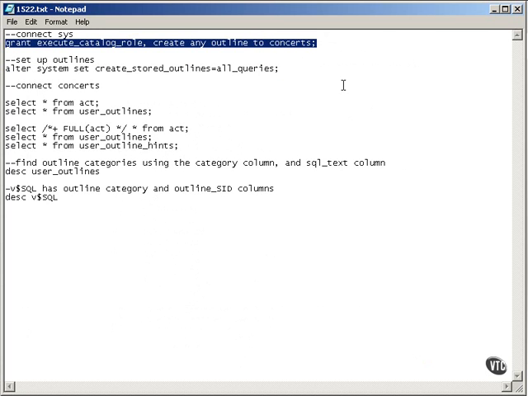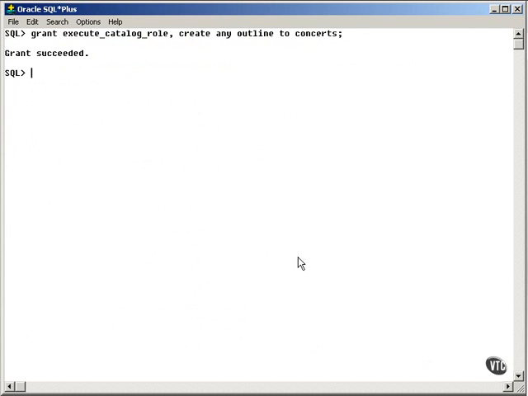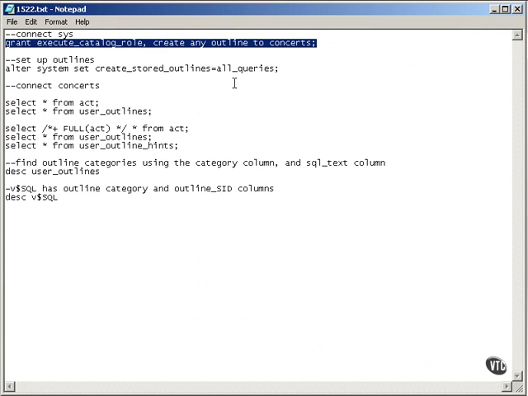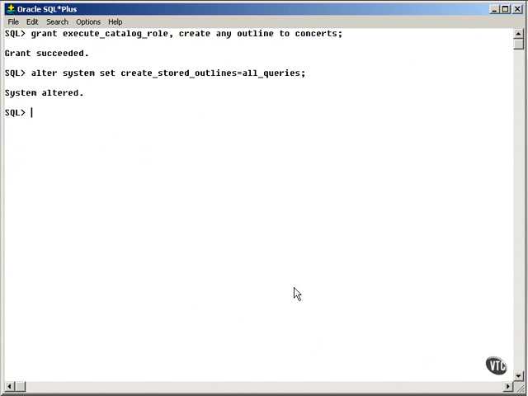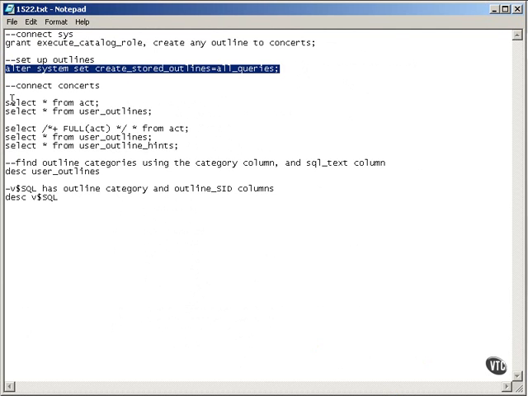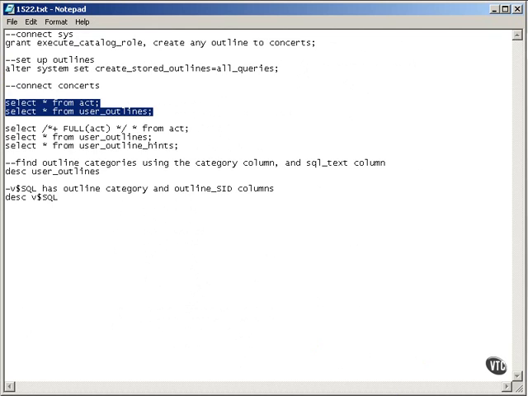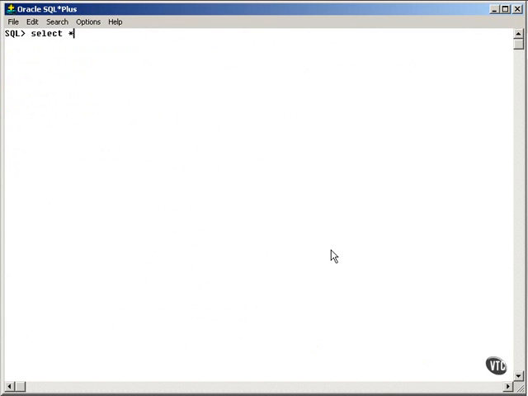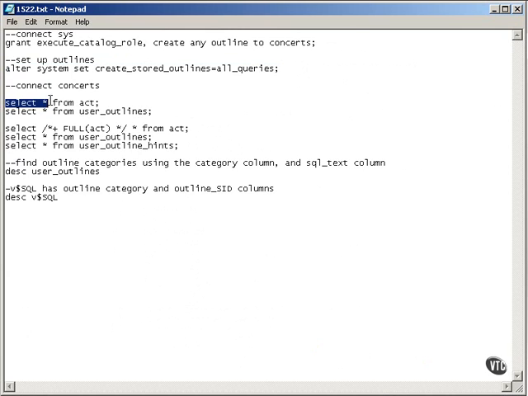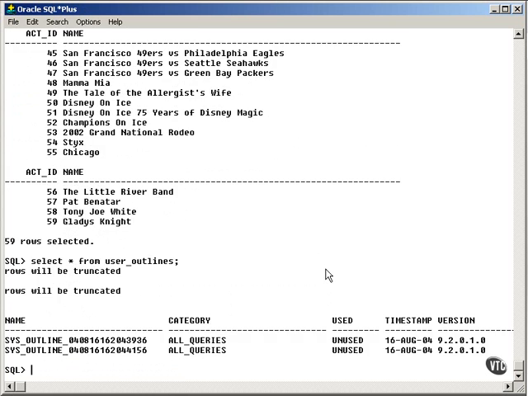All I'm going to do is connect to my sys user and grant the appropriate privileges to my concerts user. Then I'm going to go back to my sys user and allow creation of stored outlines for all queries for all users in my database. Now I'm going to go into my concerts user and first of all select star from user_outlines. Now let's run a query and then select from user_outlines in my concerts user. So I run a query and I actually have 2 outlines stored in here. So what I can do is describe user_outlines